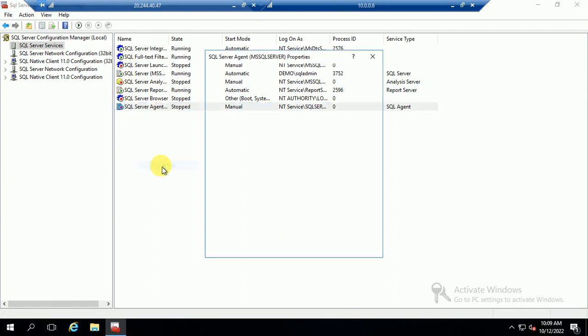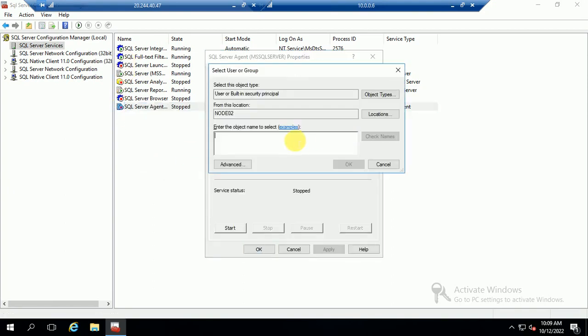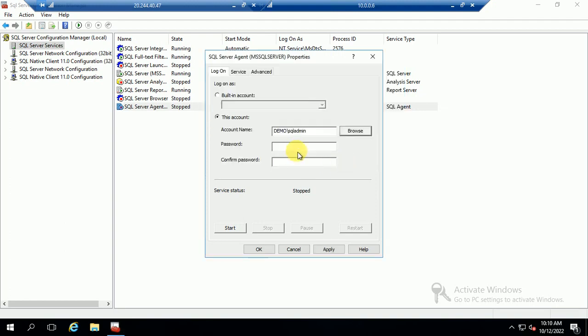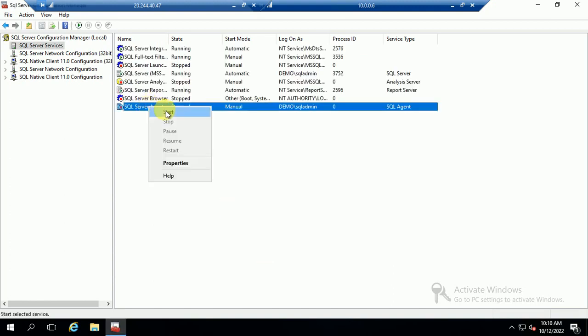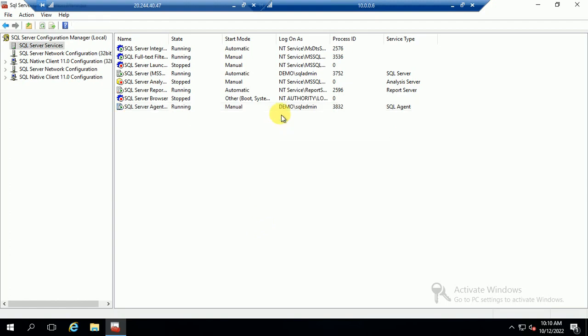Same thing I want to do for the agent. Enter your password and click OK. Okay, and then restart. So basically, the SQL service and agent service are configured with the domain account and the services restarted. Next,